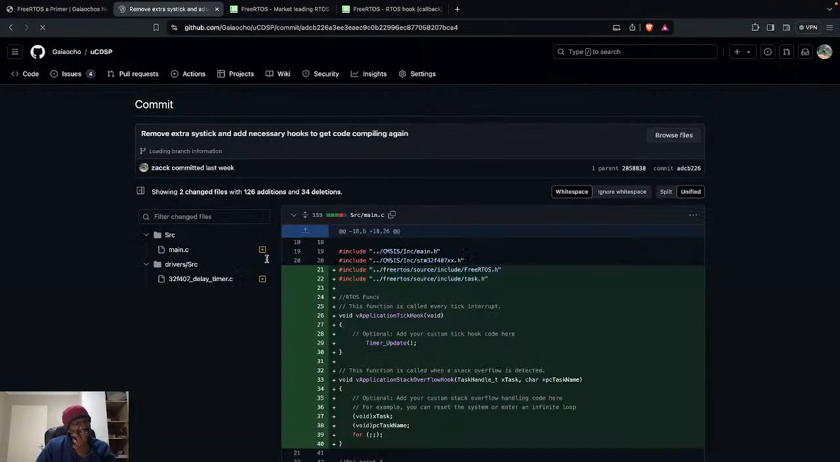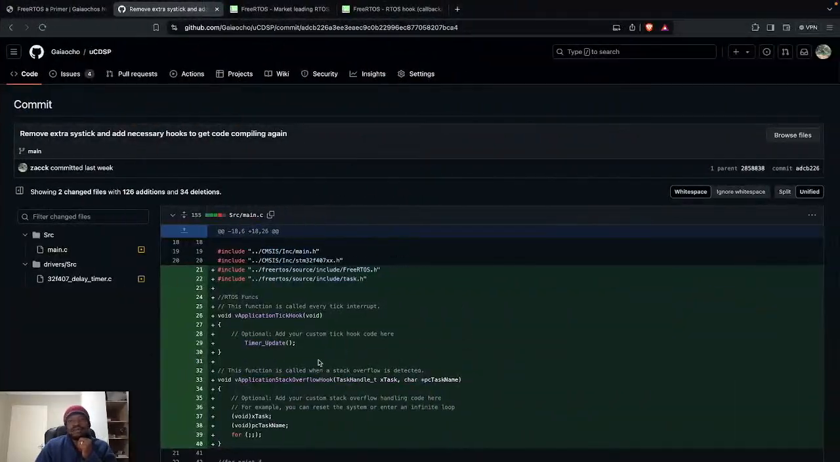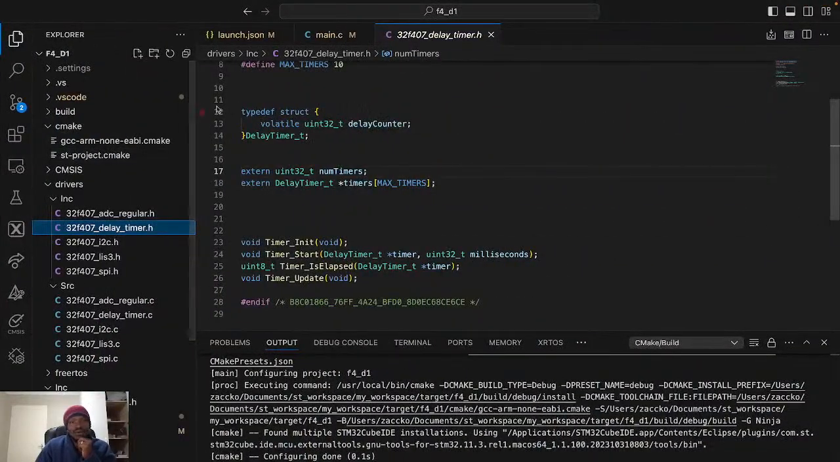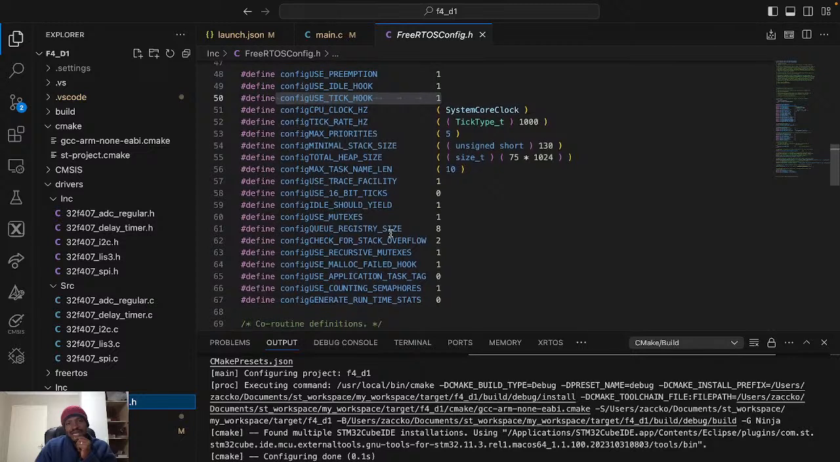So that was the next commit: remove extra sysdig, and we implemented the application hook and application stack overflow hook. And all these hooks can be enabled or disabled in our FreeRTOS config. So if you're using an idle hook or a tick hook, or you have a stack overflow hook,